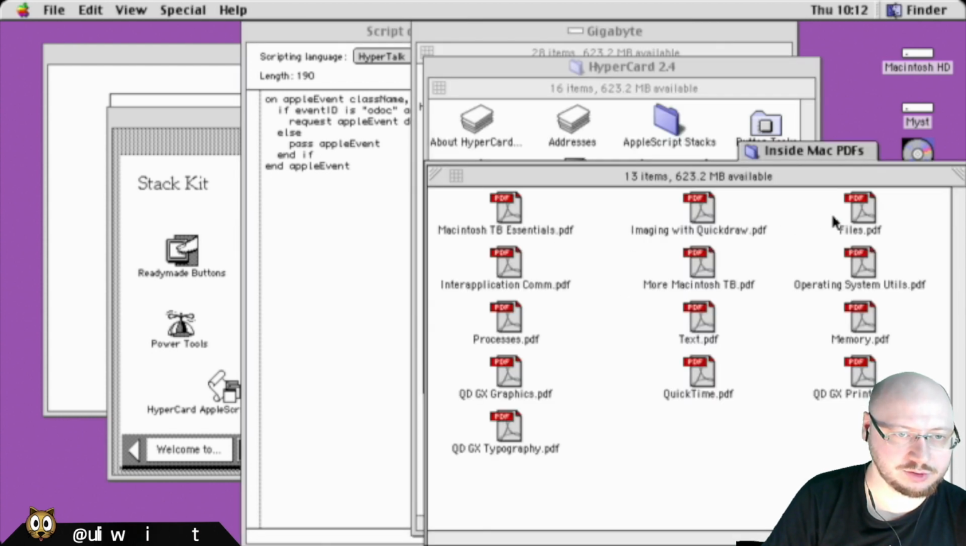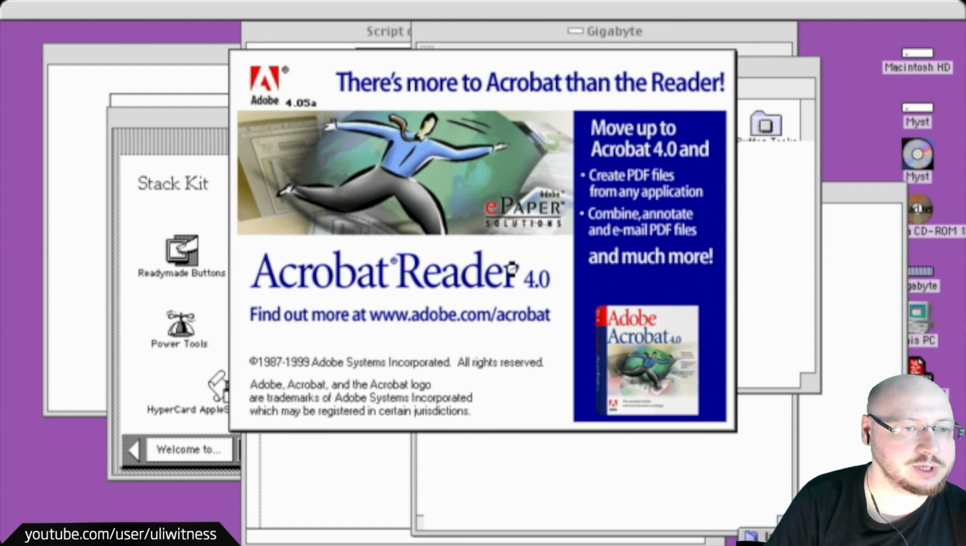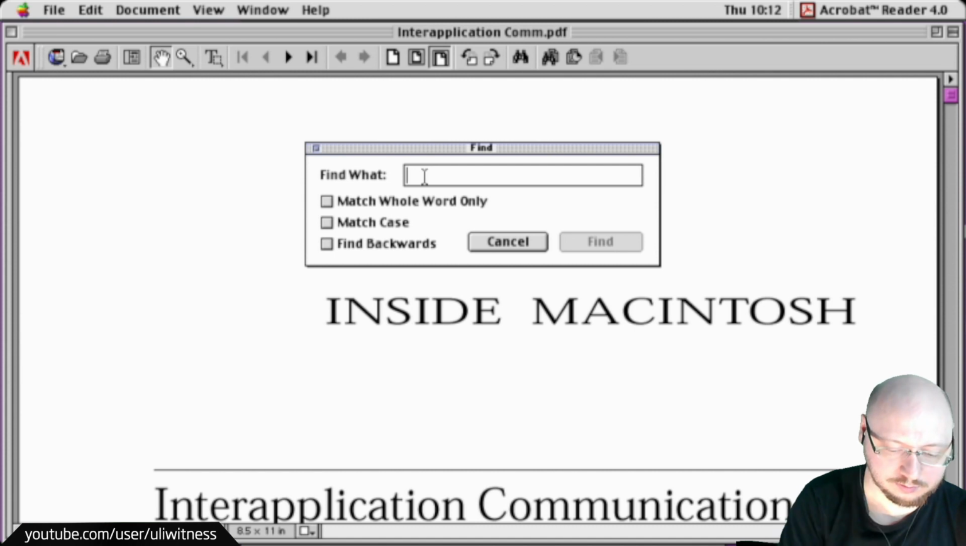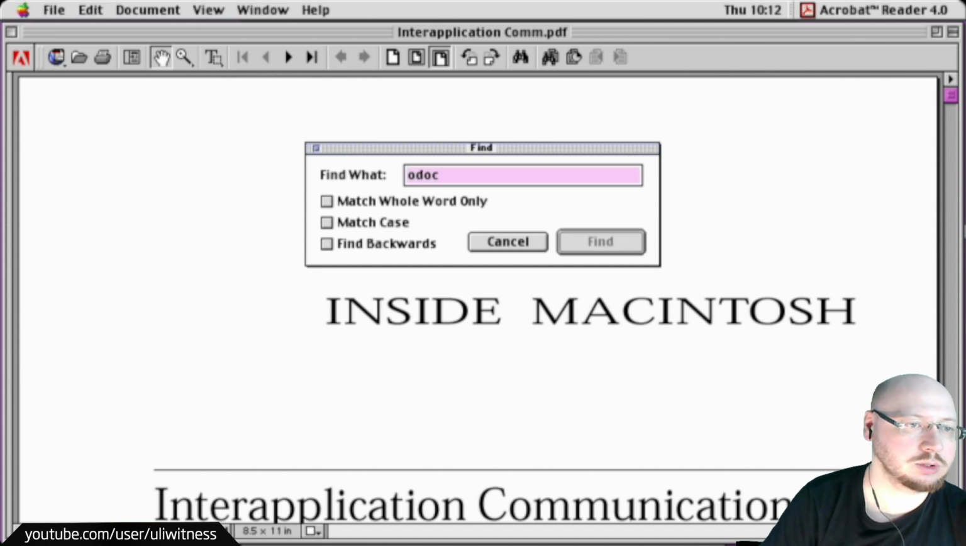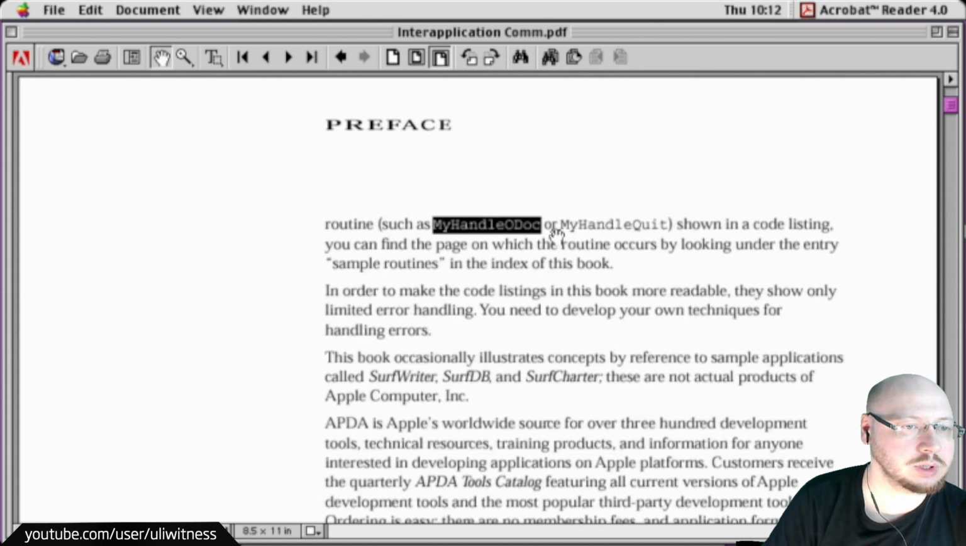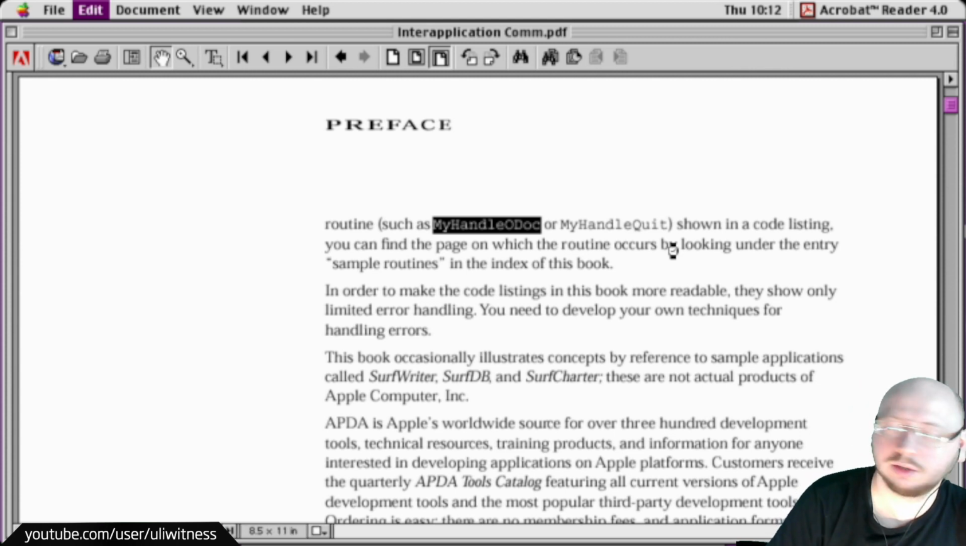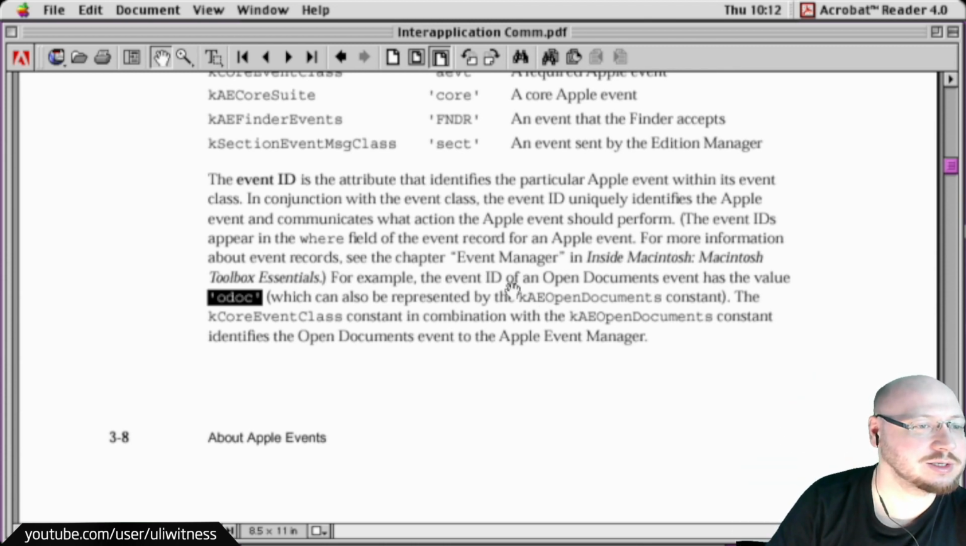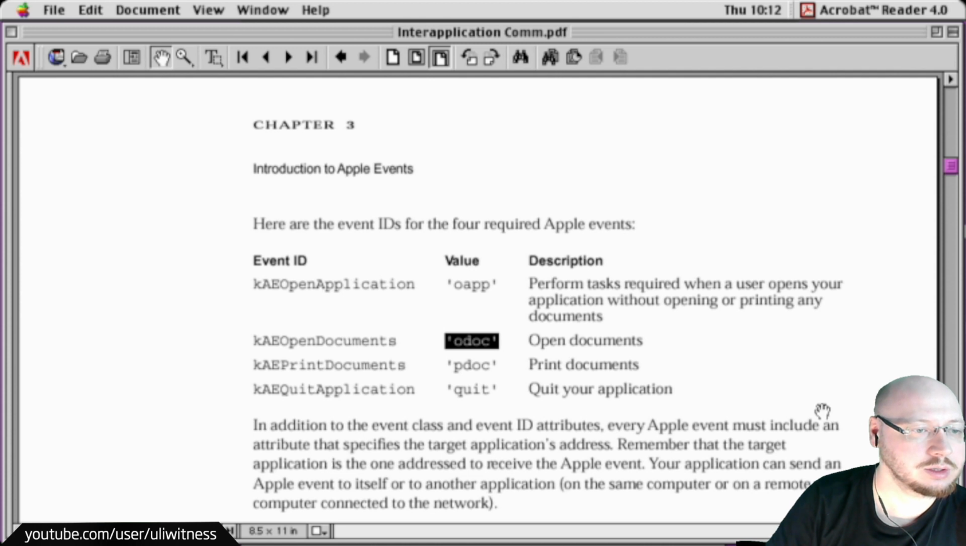And now we need to find out, Inside Macintosh, inter-application communication. ODoc. Hello? Yes. Keep searching, yes. Now you see how slow stuff like that was back then. Searching for a string in a file? How long can this take? Okay. Open